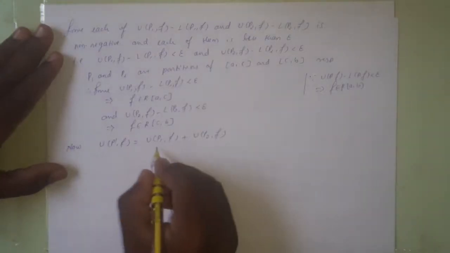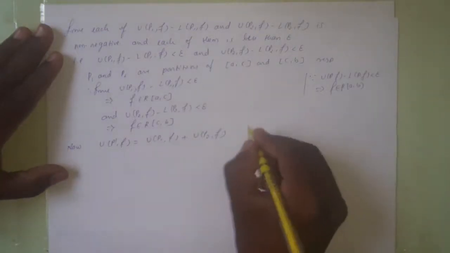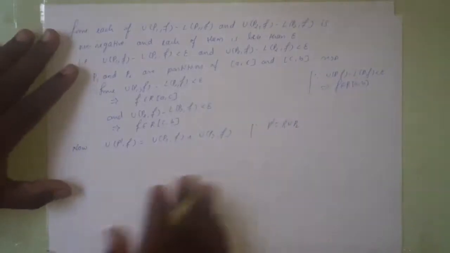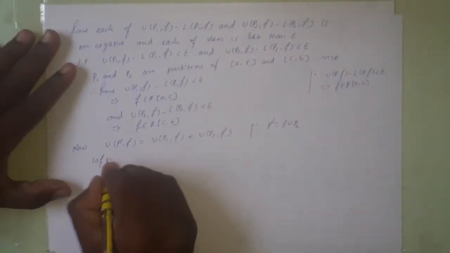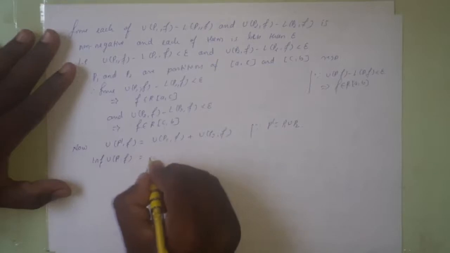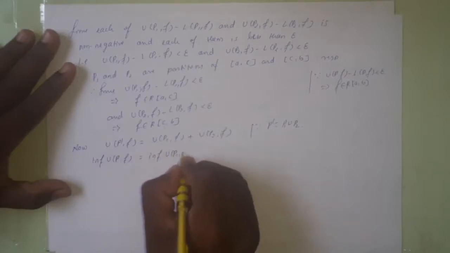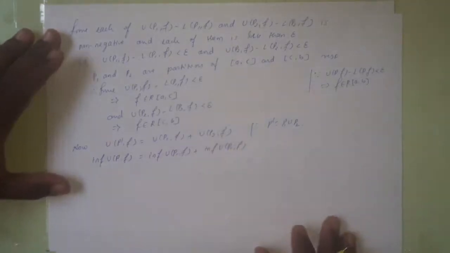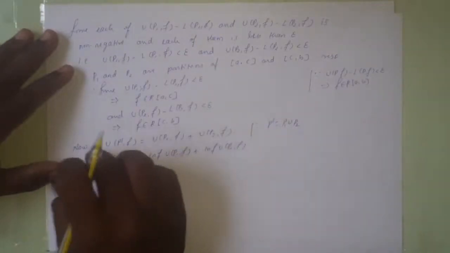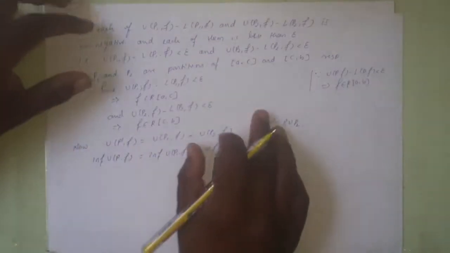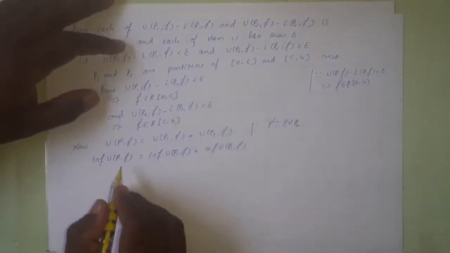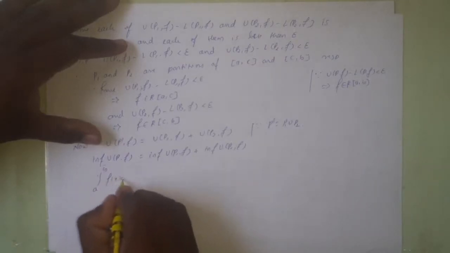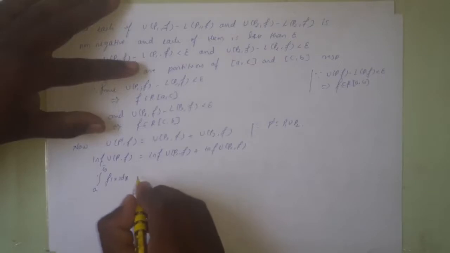So, U(P', f) is U(P1, f) plus U(P2, f), since P' is P1 union P2. Now, considering the infimum of U(P', f) and the infimum of U(P1, f) plus the infimum of U(P2, f). So, here you have considered the infimum of all the three upper sums. Now, the infimum of upper sum is nothing but the upper Riemann integral, that is integration over a to b upper bar f of x dx, is equal to,